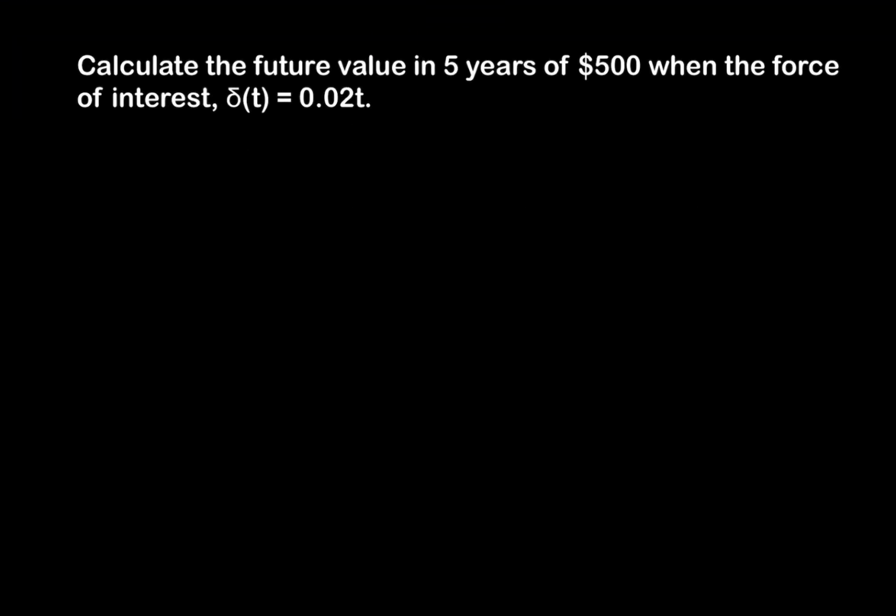So this question asks us to calculate the future value in 5 years of $500 when the force of interest delta t is equal to 0.02 t. So we want to know the future value of $500, in 5 years' time. And remember now, instead of putting 1 plus i to the power of 5, we have a force of interest, not a normal interest, or effective or nominal. So we must use the accumulating factor e, and we raise that to the integral from 0 to 5. So 0 is our present time point, and we're taking it 5 years into the future. So we integrate from 0 to 5 of our force of interest. So we must integrate this function here,